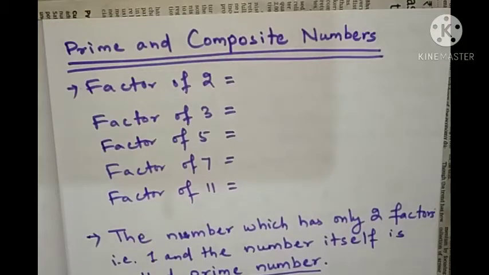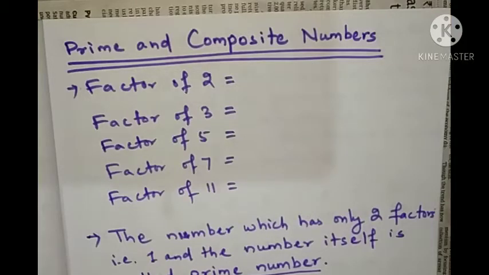Okay, so today we are going to continue the class, that is, we are going to continue chapter 3, that is Playing with Numbers. Last class we studied factors and multiples, some facts about them, and about perfect numbers. Today we are going to study prime and composite numbers. Next we are studying odd numbers and even numbers. So let's see.